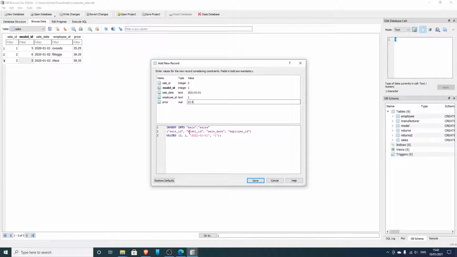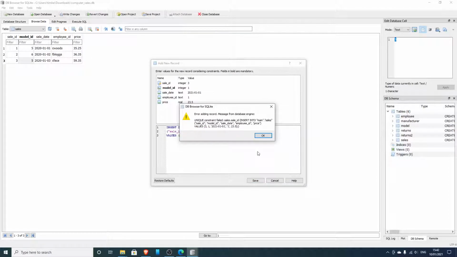Down the bottom here in the bottom window you can see the SQL that the program is writing, and this is what it will post to pump the data into the table. I don't think when we're just using execute SQL that we need to put the main part in there, but we just put sales. So if I save that,